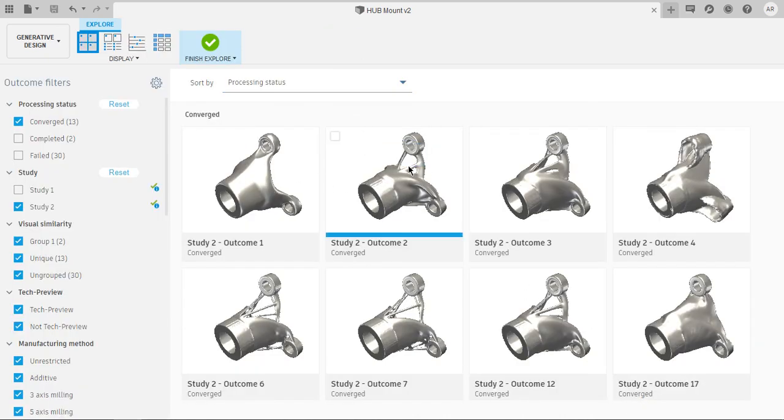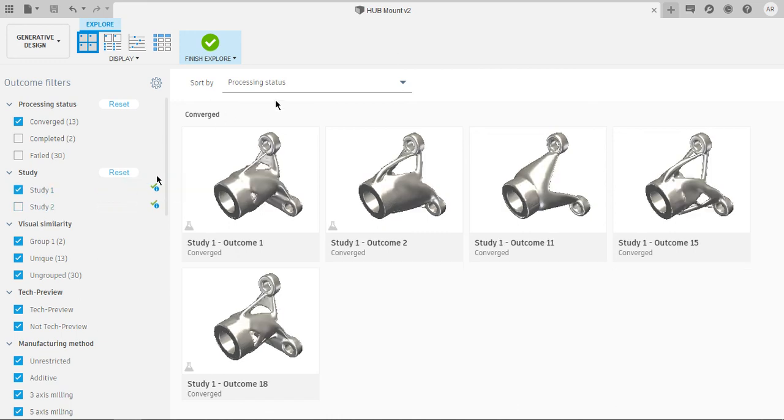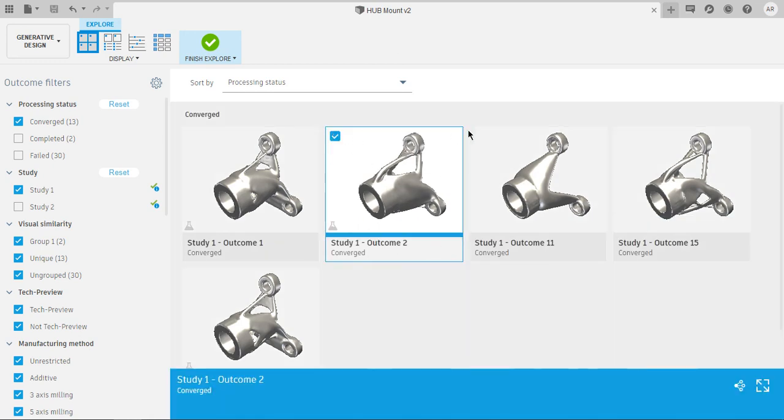If you observe all these outcomes, they do not have the tool clearance. Thus, study 2 is not good for exporting the design in my case. I'm gonna look for outcomes that are in study 1. If you observe here, you've got decent clearance for these 3 outcomes. I'm gonna select these 3 outcomes